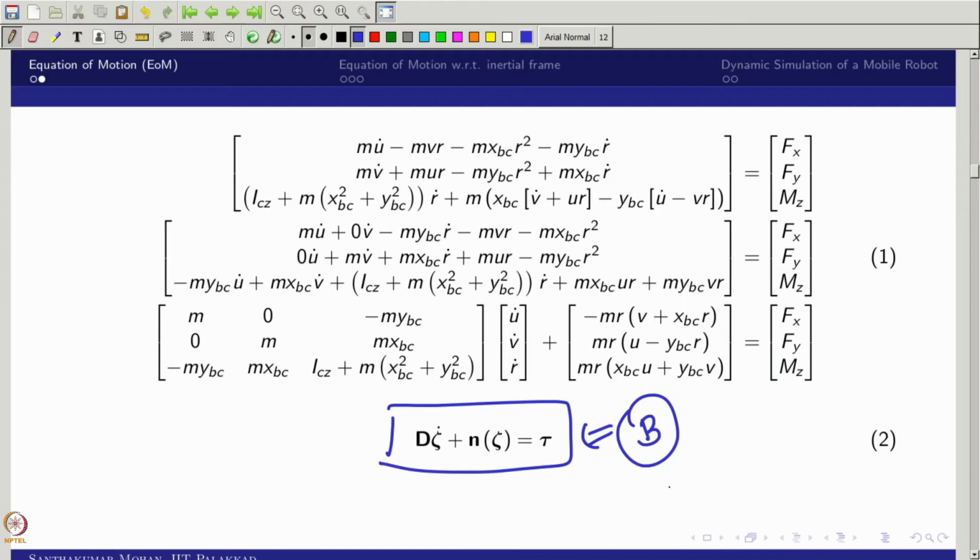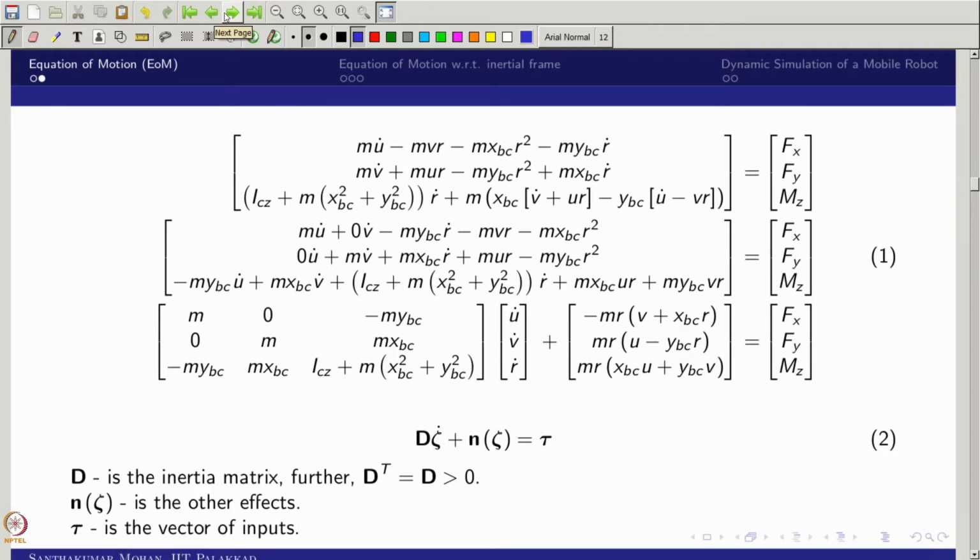In the other way around, the body frame equation would be beneficial, because your wheels are connected with the body. Whatever you give as wheel inputs would be directly beneficial if you write the equation with respect to the body frame. That is why in the mobile robot community, we write the kinematic equation, eta dot, in the form of J of psi into zeta, but zeta dot we write only in terms of the body frame. So we will rewrite this.